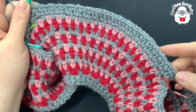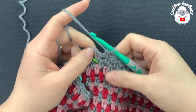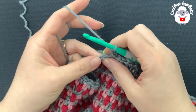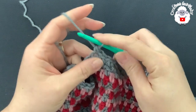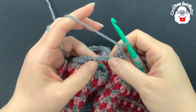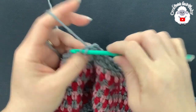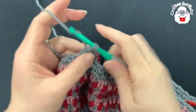I finished making these single crochets for the back side. I'm right here into this last chain 1 space. Now you're going to chain 1 and jump to the first chain right here, and into this first chain you're going to do a single crochet, chain 1, single crochet, chain 1, skip 1 single crochet, and into the third chain right here make a single crochet, chain 1, single crochet,